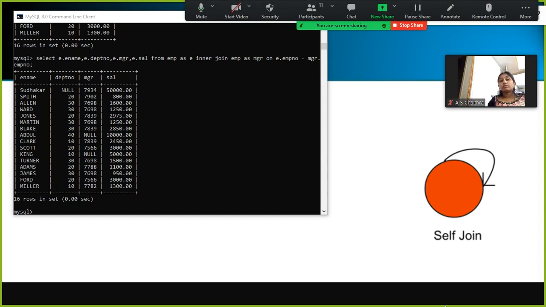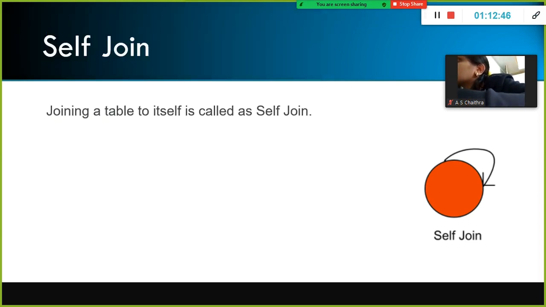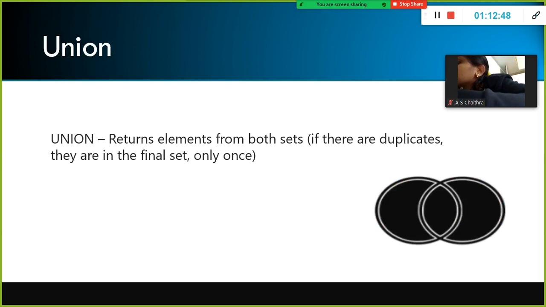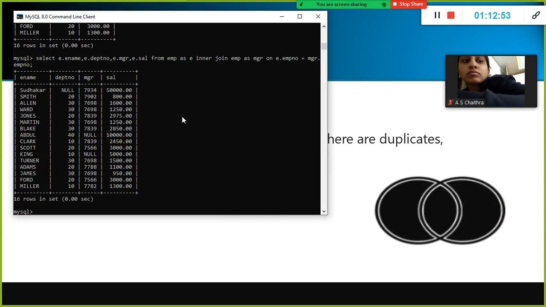Fine. And next one is union. Joining both the tables. But I think in MySQL we don't have union available. What you do is, I think it is available.